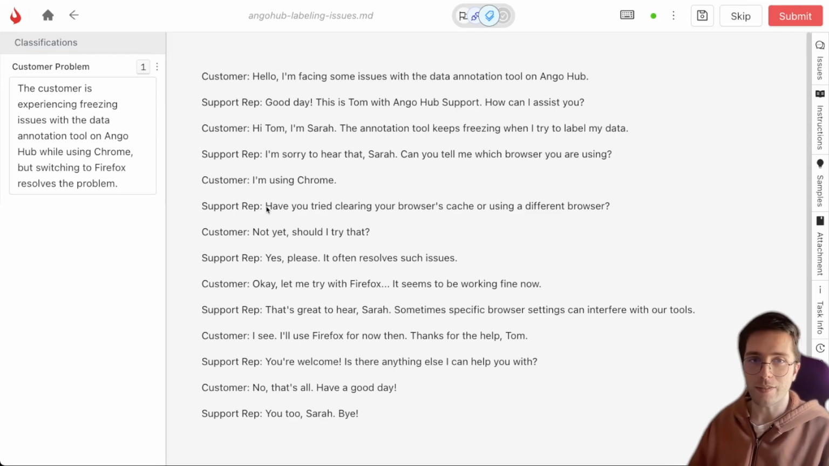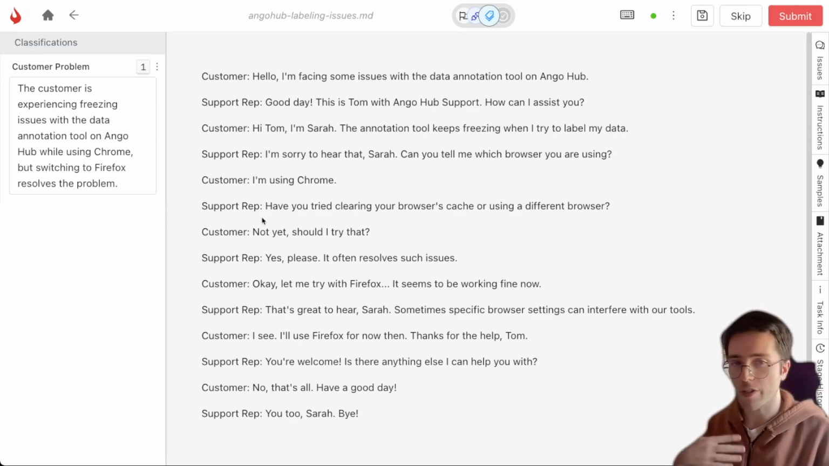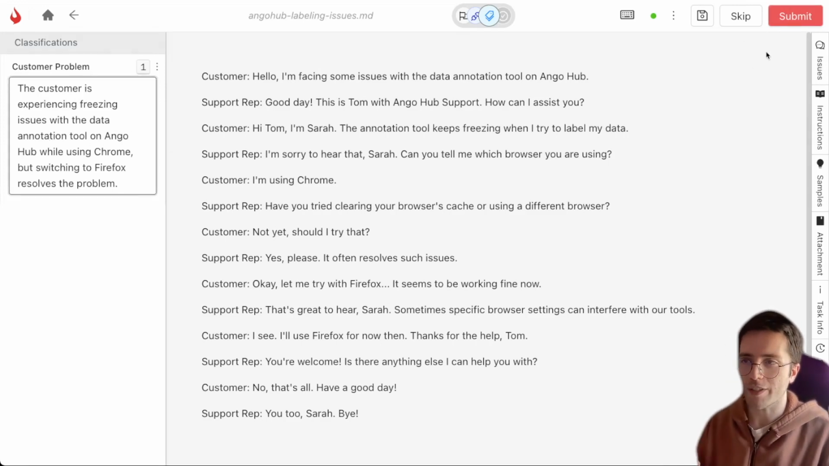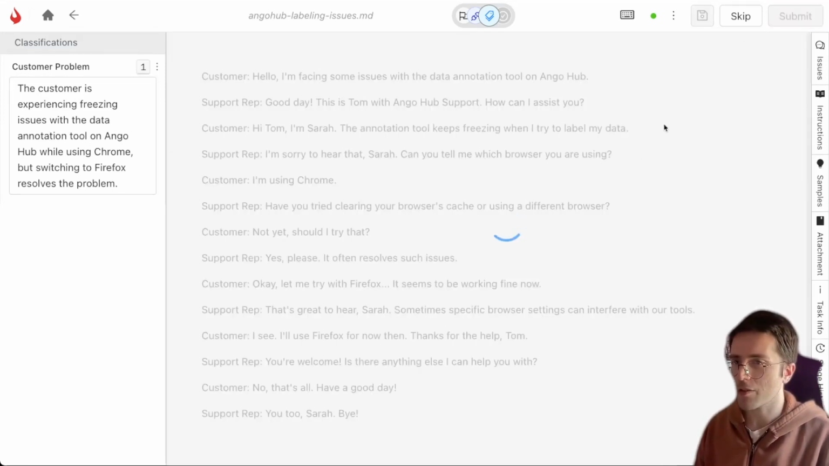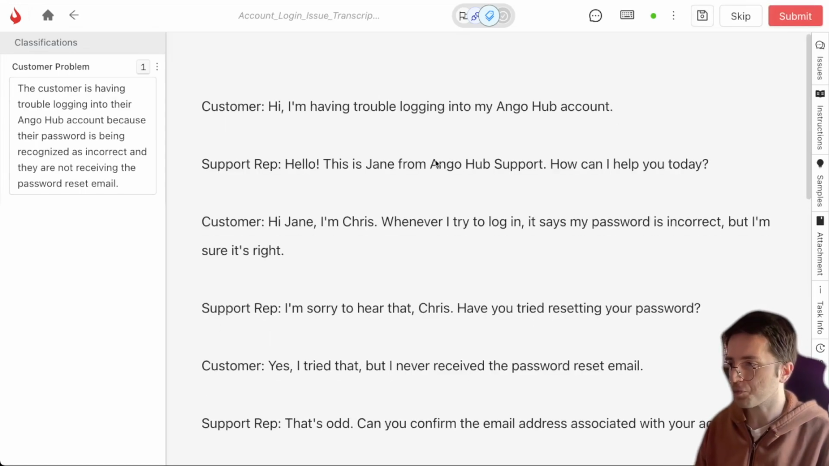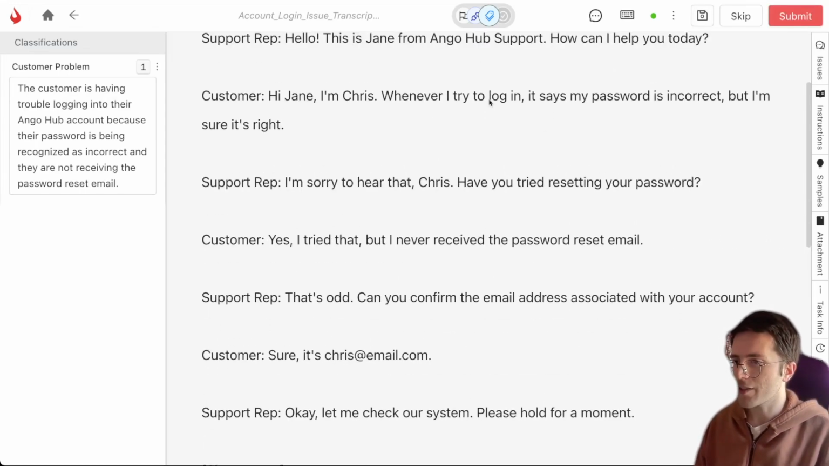So here, the data annotator can look at this summary written by ChatGPT and determine whether it's correct or not. They can then, for example, edit it if they want to, or they can submit it. Let's submit it in this case and take a look at another one. So in this case, the customer is having problems with logging in. So ChatGPT has written, the customer is having trouble logging in to their Ango Hub account because their password is